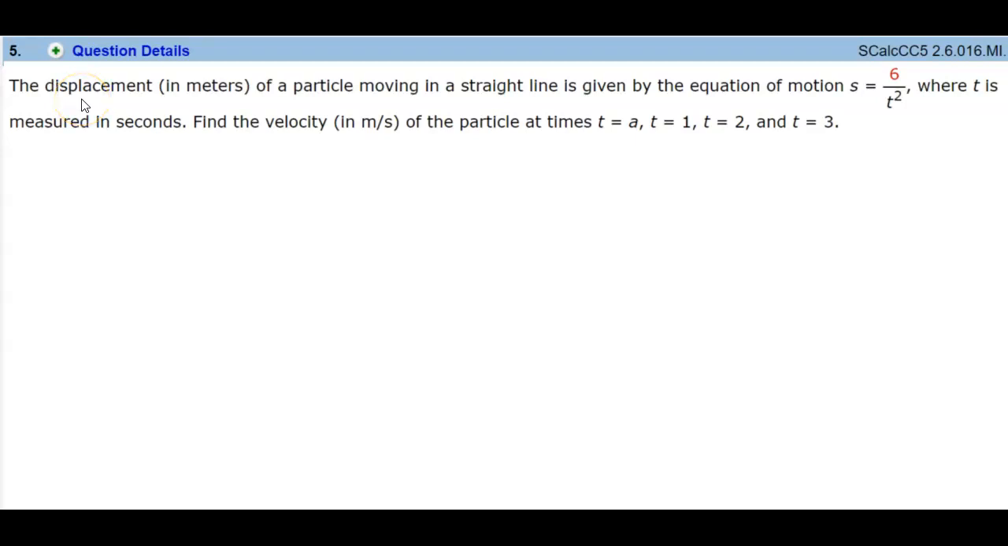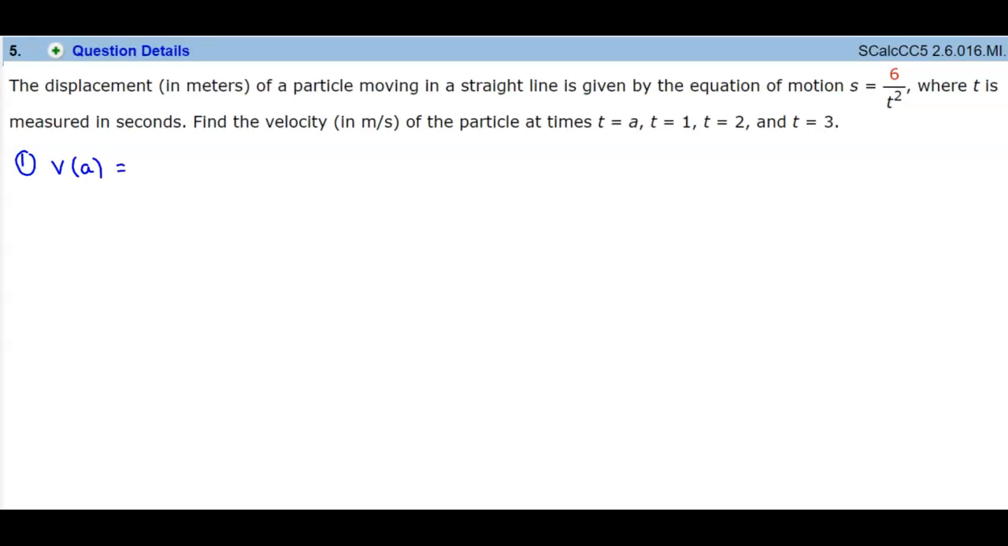The displacement in meters of a particle moving in a straight line is given by the equation of motion s = 6 over t squared, where t is measured in seconds. We want to find the velocity in meters per second of the particle at times t = a, t = 1, t = 2, and t = 3. So the first thing we want to do is find v of a. So to find v of a,